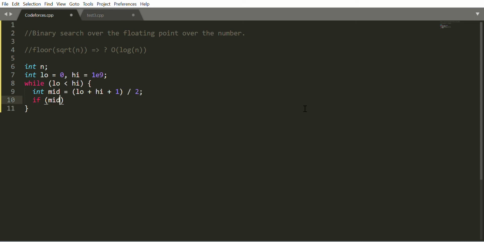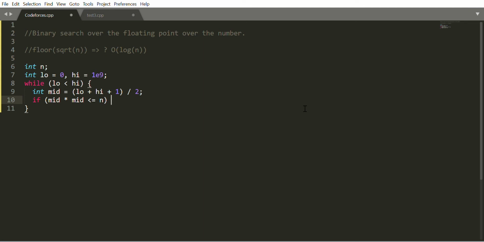I'm calculating the ceil value here, because when low and high are adjacent to each other, if I don't use this ceil, it will always point to the low value, and if low satisfies the condition, then my loop will be in an infinite loop. So we have to use the ceil value.